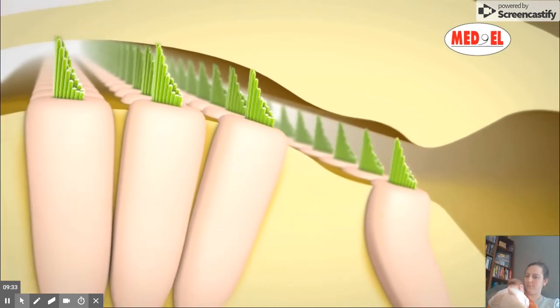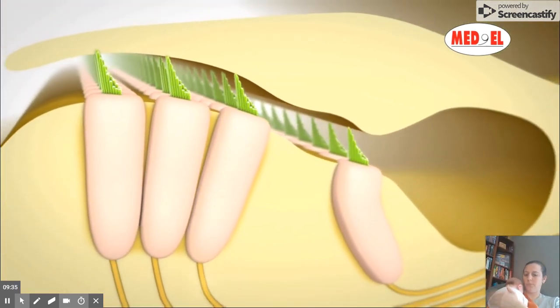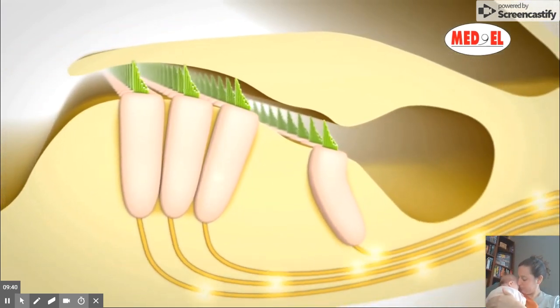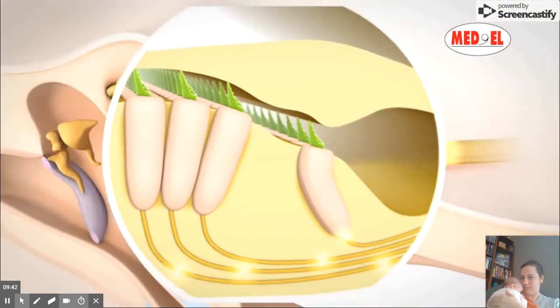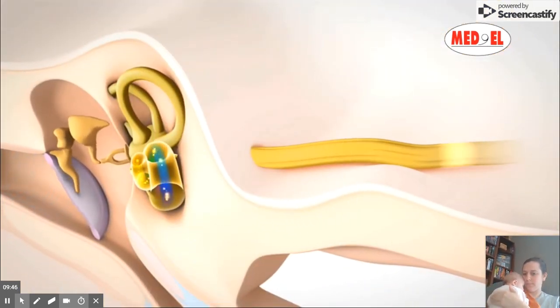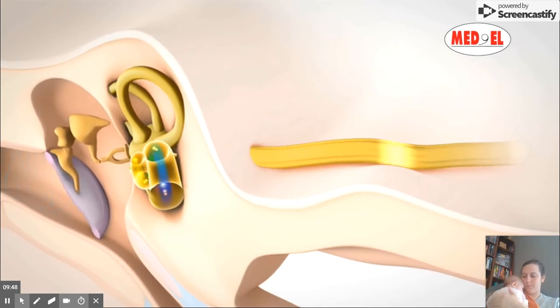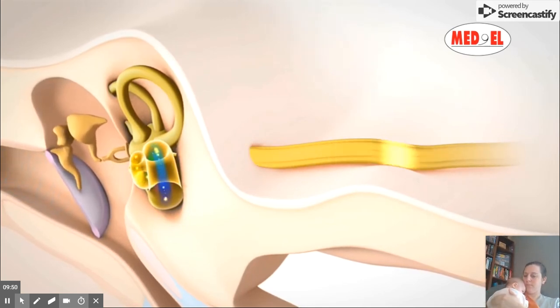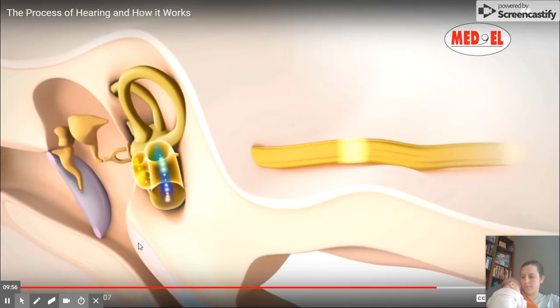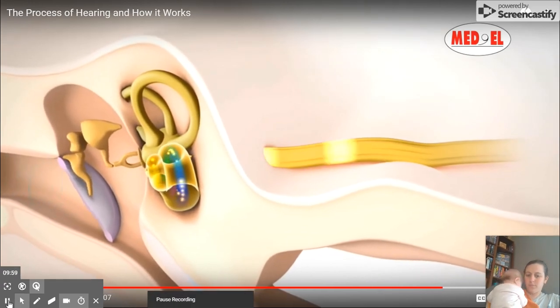These movements cause tension differences, which produce electrical signals that are passed along the hearing nerve to the brain. The auditory cortex of the brain interprets this information as sound, for example, as music or speech. The entire chain of events, including the various steps that convert sound waves from the environment into information that the brain can interpret,